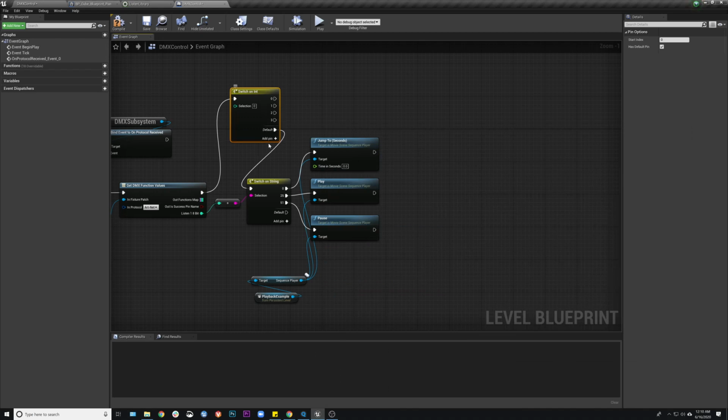Every time I add a pin, I would have to add hundreds of these things to get all of them. But I really only want to affect 3 values. So if I do switch on string, I actually get the option to type in the ones that I want. So I'm just converting from int to string, and then I'm going to switch what this execution is doing based on the string. Now there are a few other nodes you could use here. You could use switch on int. You could also use